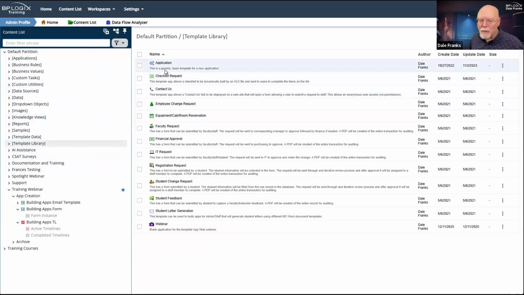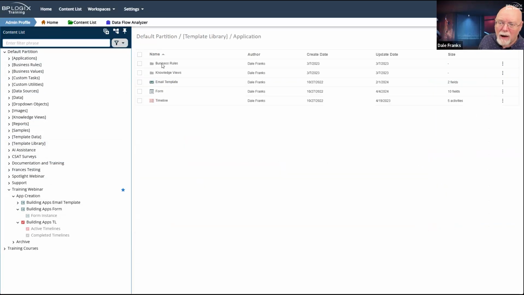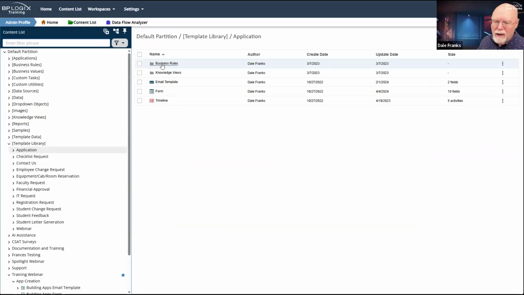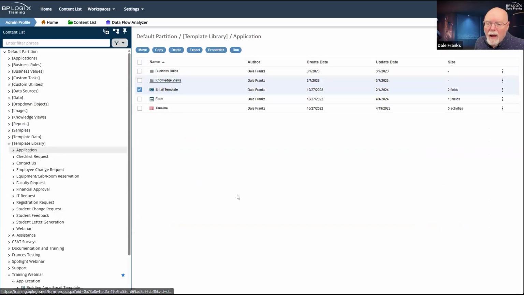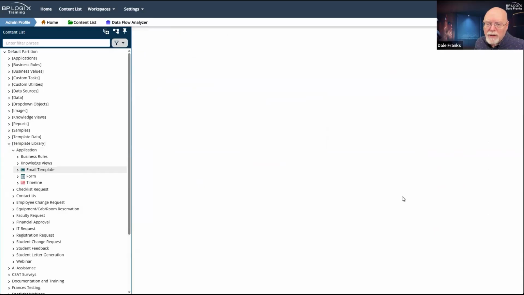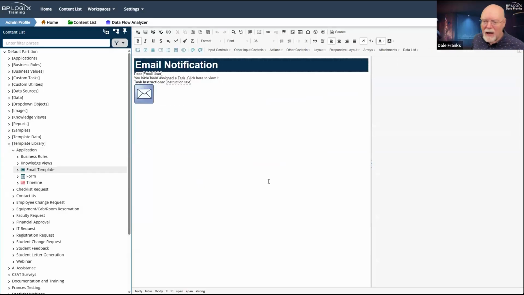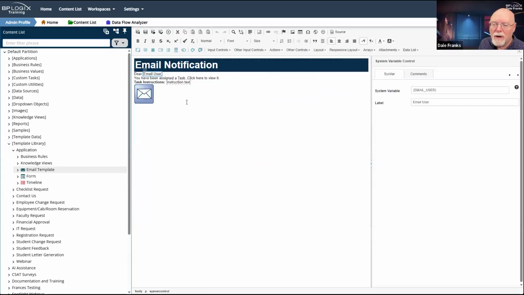So everything that we've done today, and we're not even completely finished, right? We still have a timeline that has to be configured. We haven't even touched the email template. Ideally, I should have all this done. I should have an email template that has a basic notification, right? Knows who the user is. You've been assigned a task, has the link to the task in Process Director, has the instruction text that they need, and then, of course, it has the proper controls.